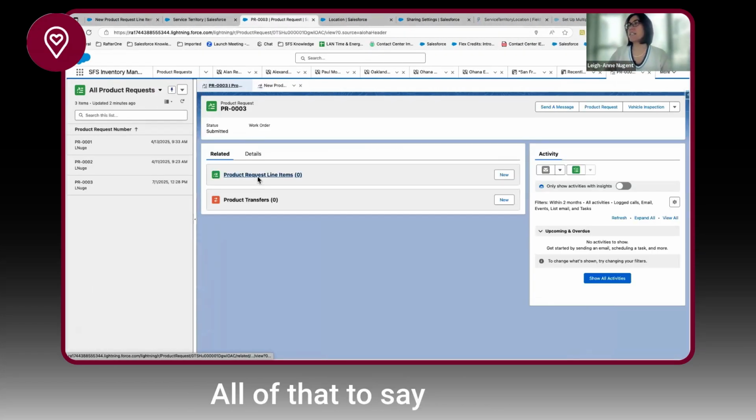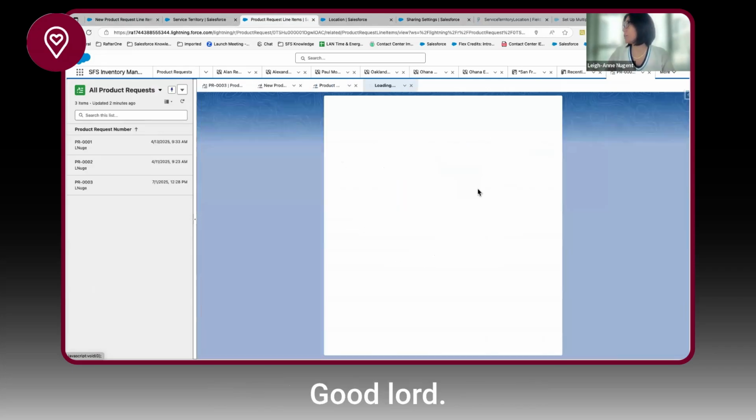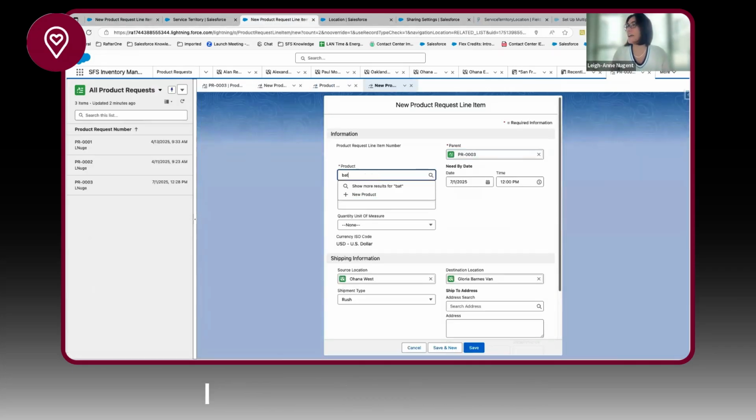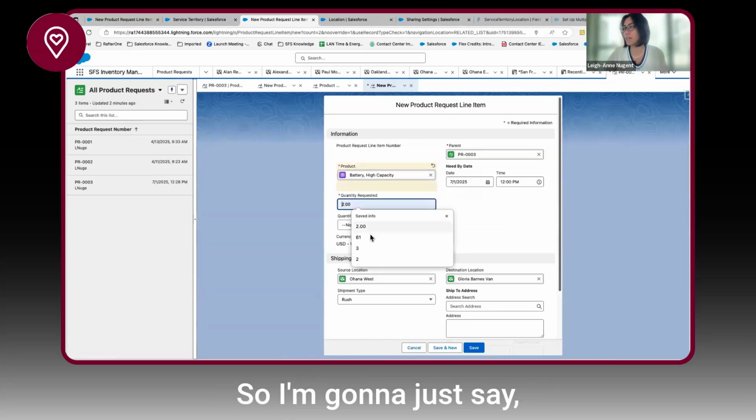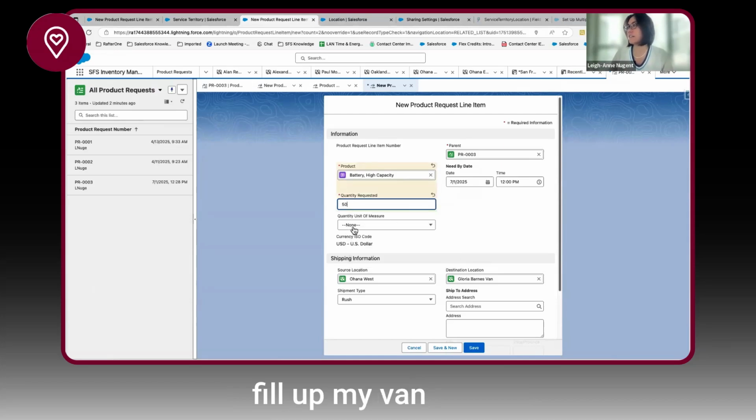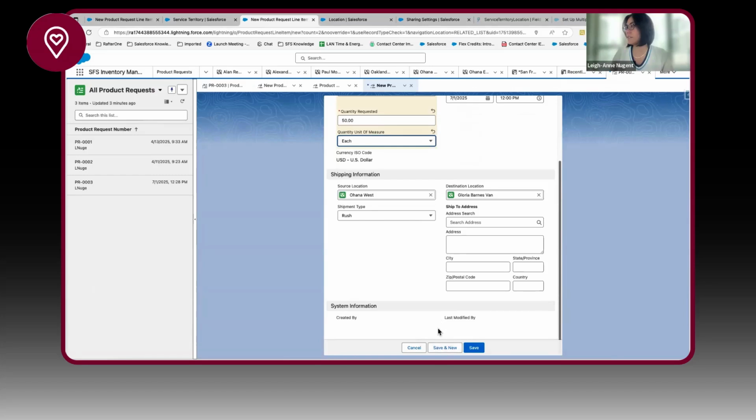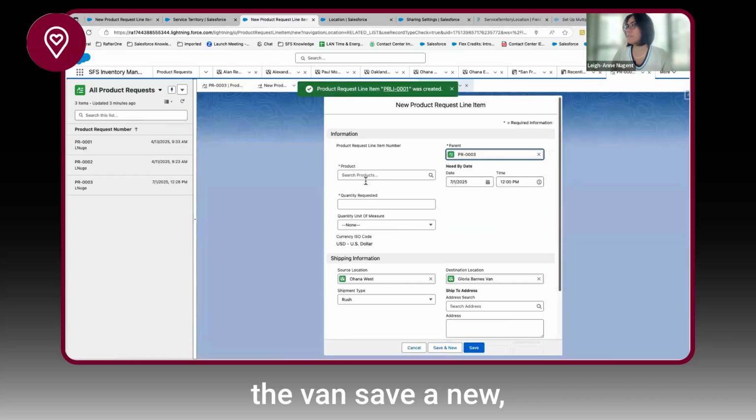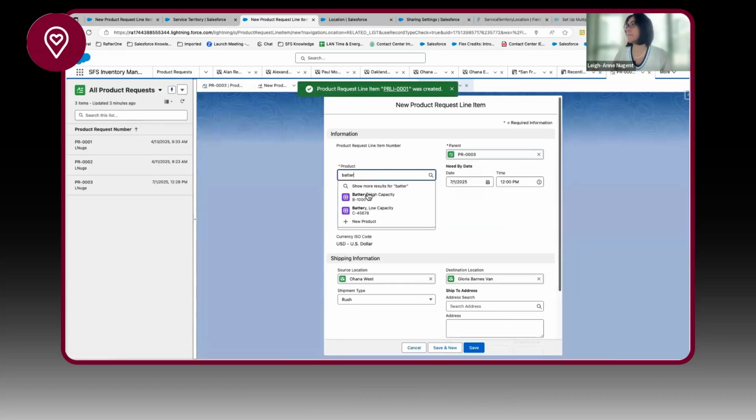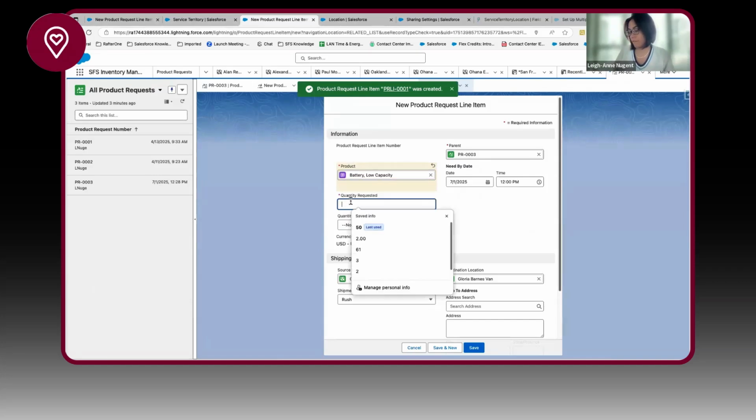Okay, all of that to say, I needed to create some line items. Good Lord. Okay. I thought I had battery. Okay, good. Cool. So I'm going to just say, I want to fill up my van. Each is the van, save a new 50